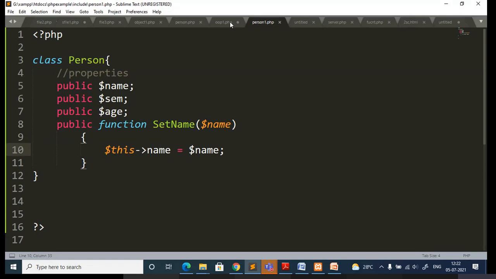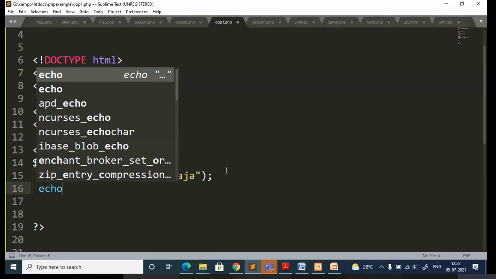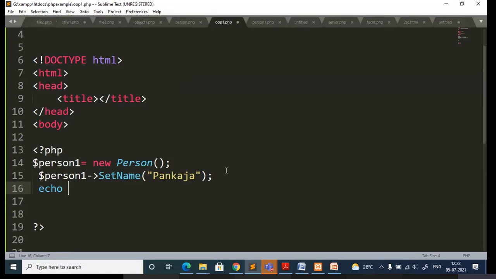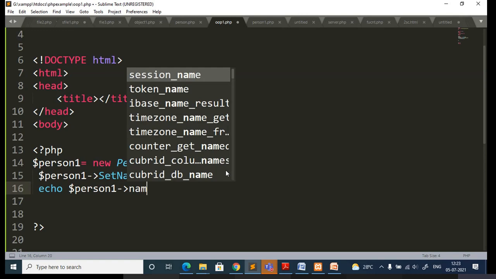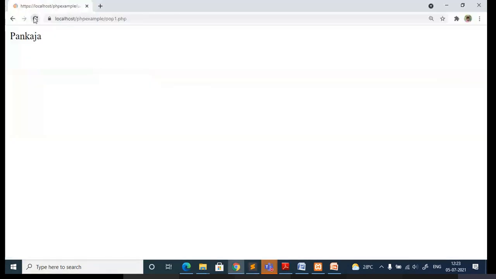So now separately let me just echo the name. Echo dollar, what is the object name, person1, arrow, then dollar. No, when you are specifying the property, you need to directly specify the name. If it is a variable, then it is followed by the dollar symbol.